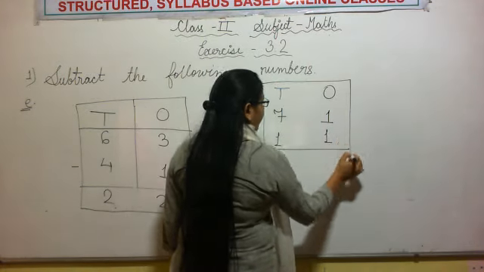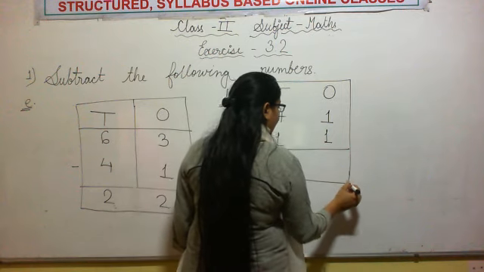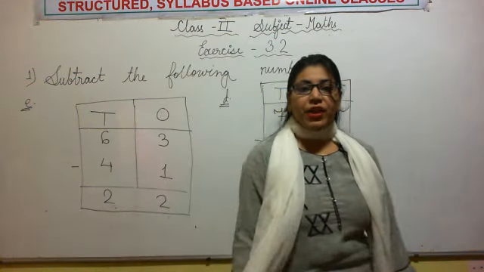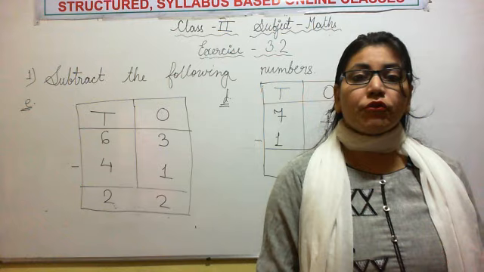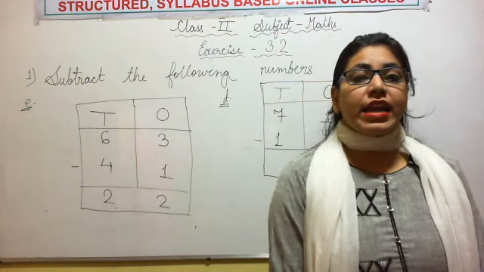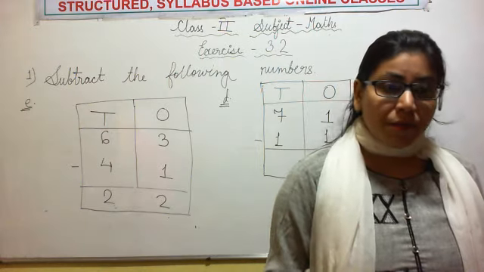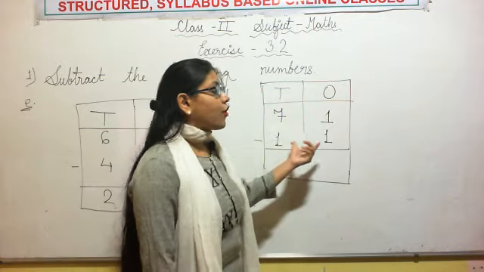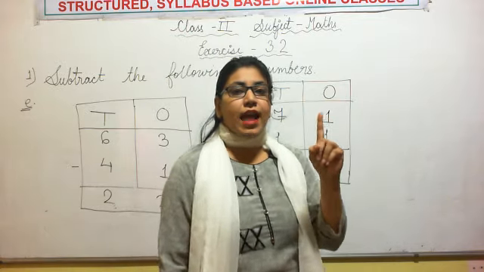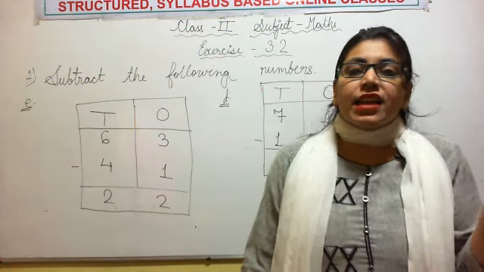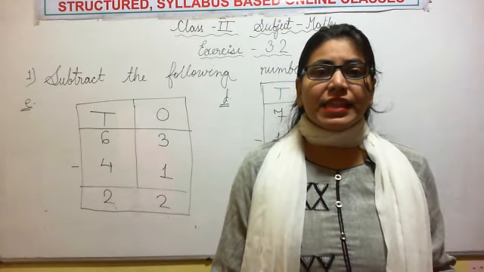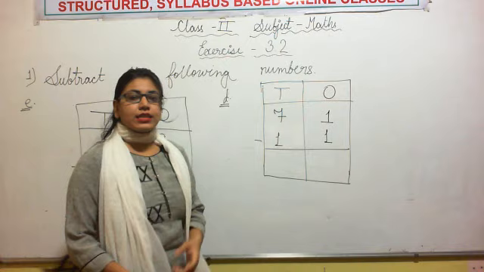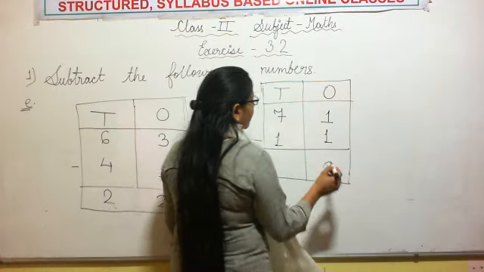Now again we will subtract ones from ones and tens from tens. So 1 minus 1. Remember the subtraction property. Whenever the same number is subtracted from itself, the result is 0. So here 1 is subtracted from 1 itself. If you have one pencil and you have given it to your friend, then how many pencils do you have? You don't have any pencil now. No pencil means 0. So 1 minus 1 is equal to 0. So we will write the number 0 here.